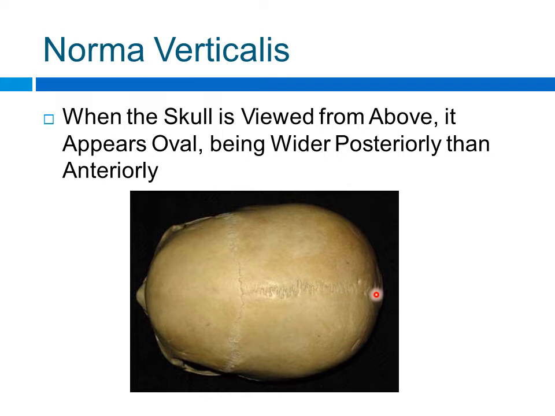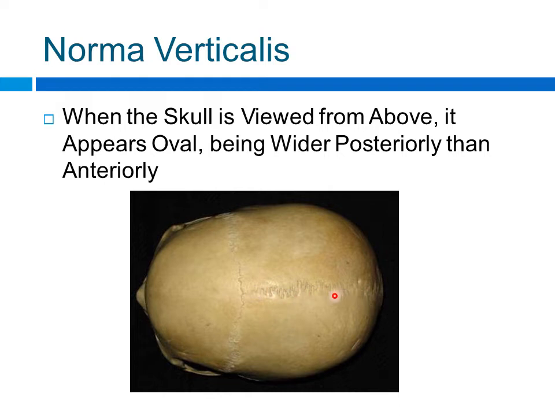Norma verticalis is formed by the occipital bone, which is seen better when the skull is viewed from the posterior aspect, that is in the Norma occipitalis. In the Norma occipitalis you can make out the occipital bone very clearly, but when we are studying the verticalis, you can see part of the occipital bone. Okay, so 4 bones are involved in the formation of Norma verticalis: frontal bone, 2 parietal bones, and the occipital bone. And there are some sutures we can make out here.